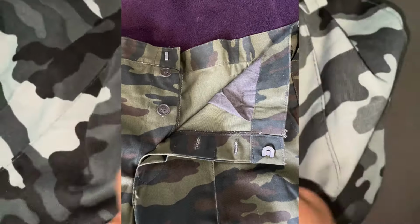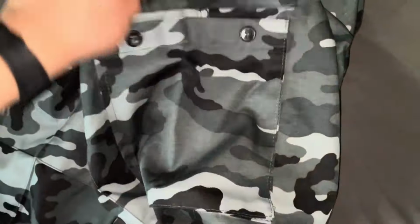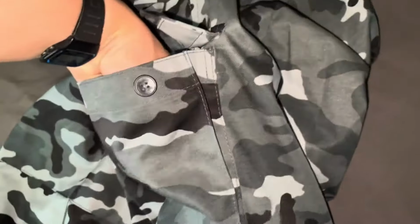Very nice too on each side. Afghanka style button fly here, not that 2005 bullshit with the metal clip. Button fly all the way down. On the side, Afghanka cargo pockets, which are kind of smaller than the BDU ones, but still, these bitches are